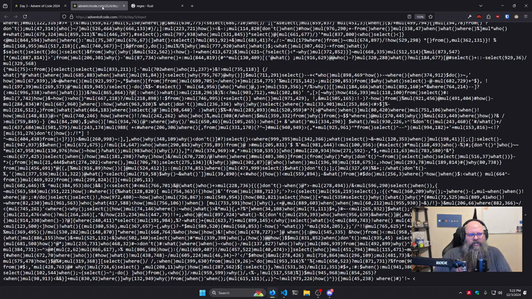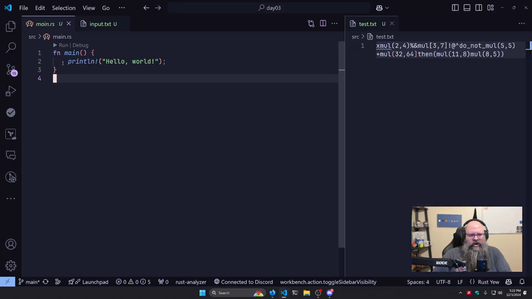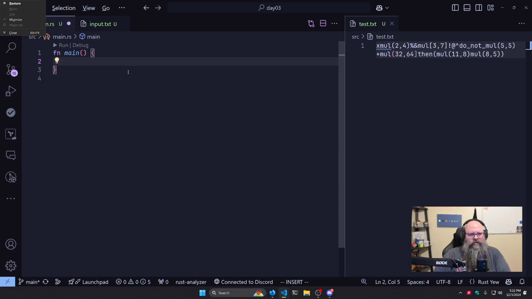But I'm probably just overthinking it. Almost surely the simplest way is just to do the regex, right? And we are only on day 3, so